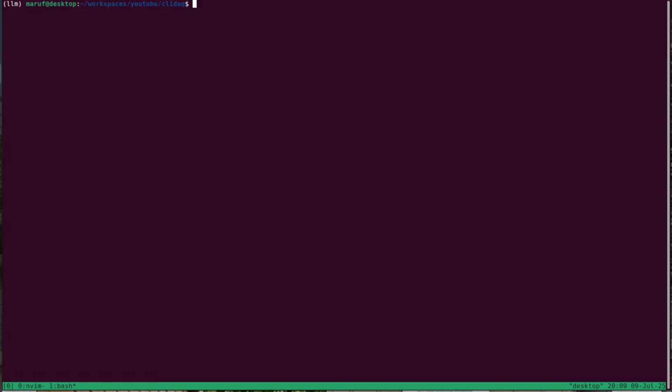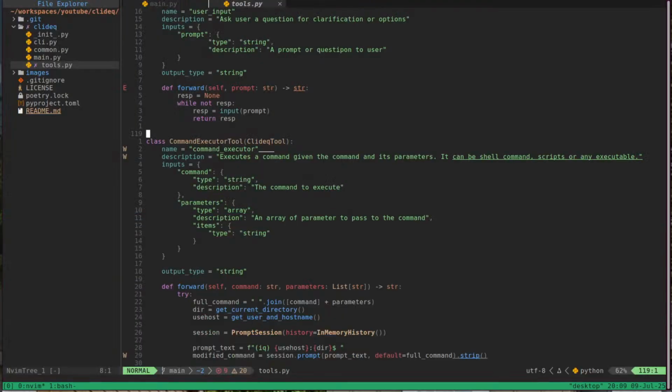At this moment, since we have a command executor tool, it can execute these commands like the rg command and do all these things, but we just wanted to make a direct, explicit tool for our CLI agent, so it can use it to search the files if it wants. So we create